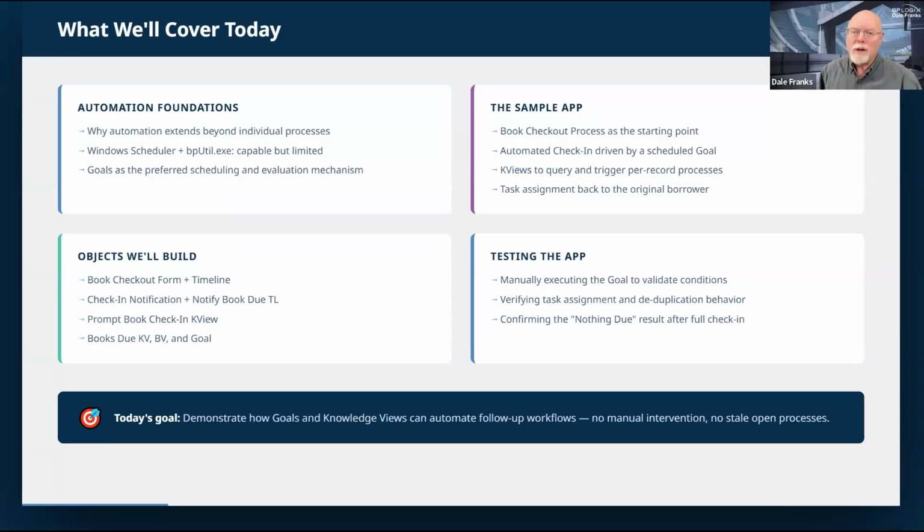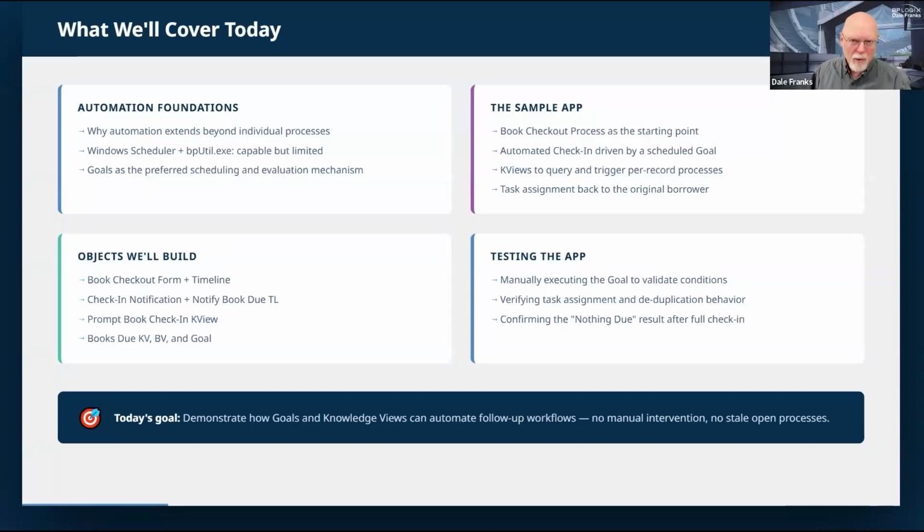You could call the URL directly from Windows Scheduler, but then it won't release it, and it just hangs out in your system. bputil in turn calls the URL and releases it as soon as the knowledge view is invoked. So it's unwieldy. We don't have to worry about that unwieldiness now.